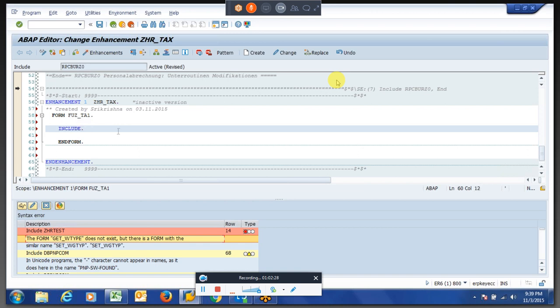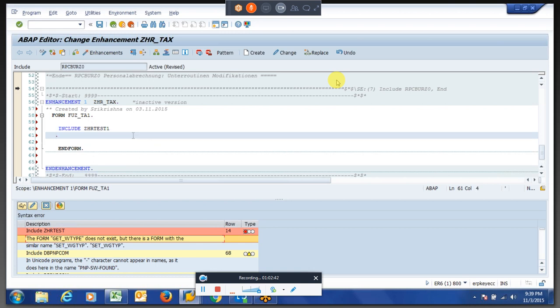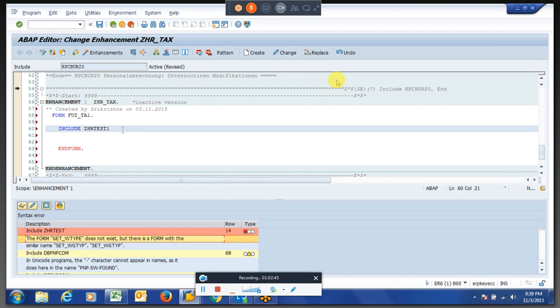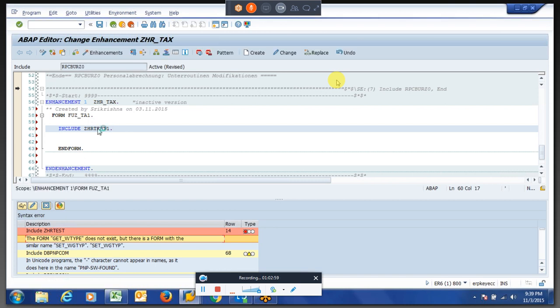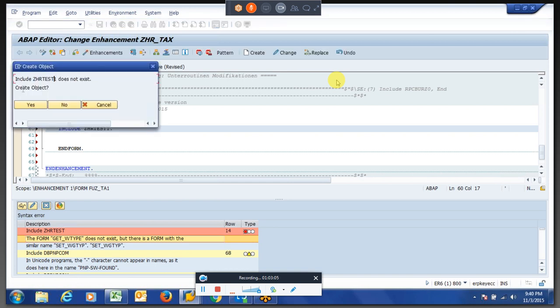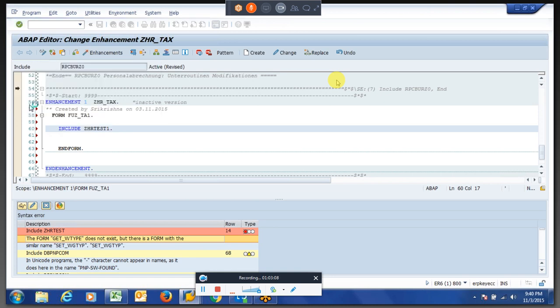Actually, because this is the standard form, we'll include a program here. Say TST1, right? So here you can see generally how to create an include program. If you double click on this, this program still does not exist in the system. It will ask us that this include program does not exist, and whether we want to create it or not.